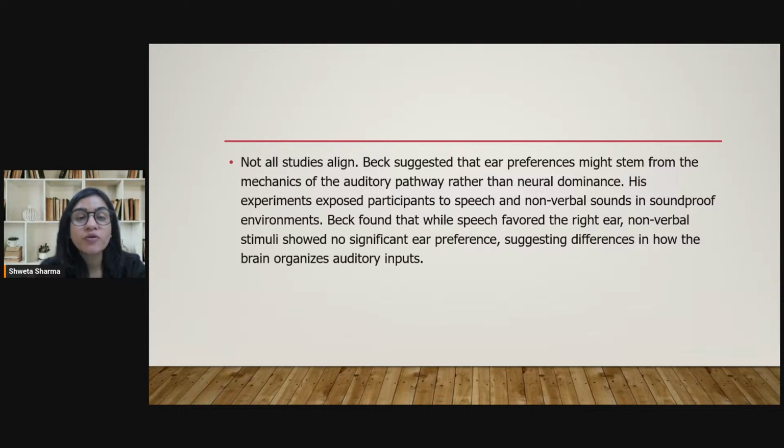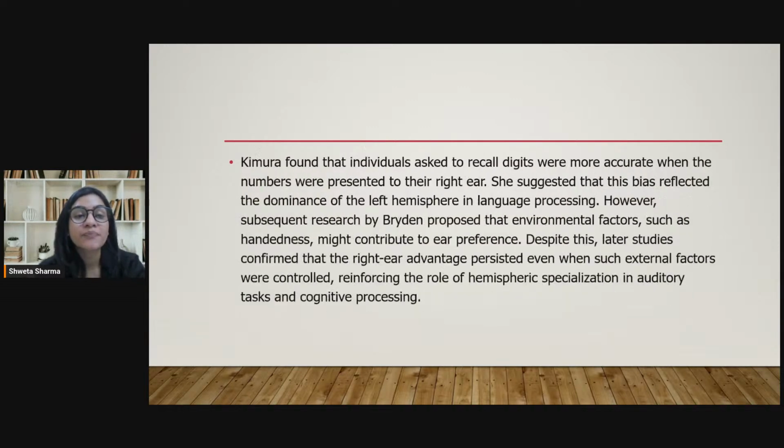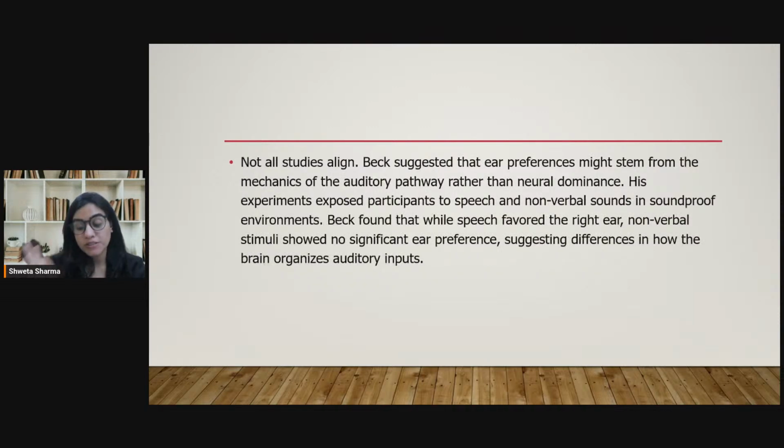Right? Then it's talking about how X said something, Y said something, and on the basis of all of this, it says not all studies align. Beck suggested that ear preferences might stem from the mechanics of the auditory pathway, right? Which preference do we have? Is it the left side or the right side? That might stem from the mechanics of the auditory pathway rather than neural dominance. It's not the neurons which are impacting it, but basically the listening capacity and the canal, the auditory pathway,